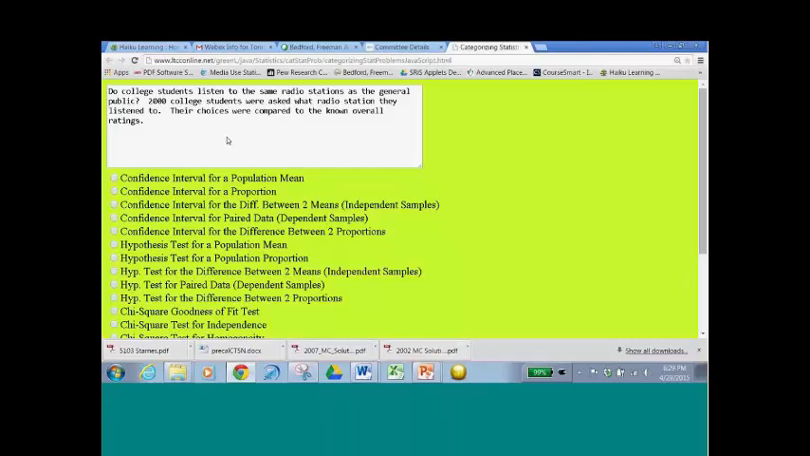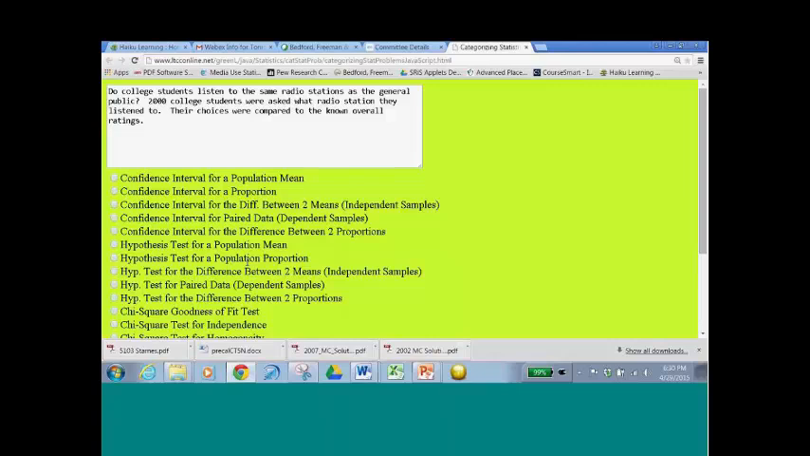Do college students listen to the same radio stations as the general public? 2,000 college students were asked what radio station they listened to. Their choices were compared to the known overall rating. So this is a little bit vague, and deliberately so, to have students think about what kind of procedure is being asked for. What I like is it, first of all, forces the decision between a confidence interval and a hypothesis test. So the question is, are we trying to estimate something, or are we trying to test a claim